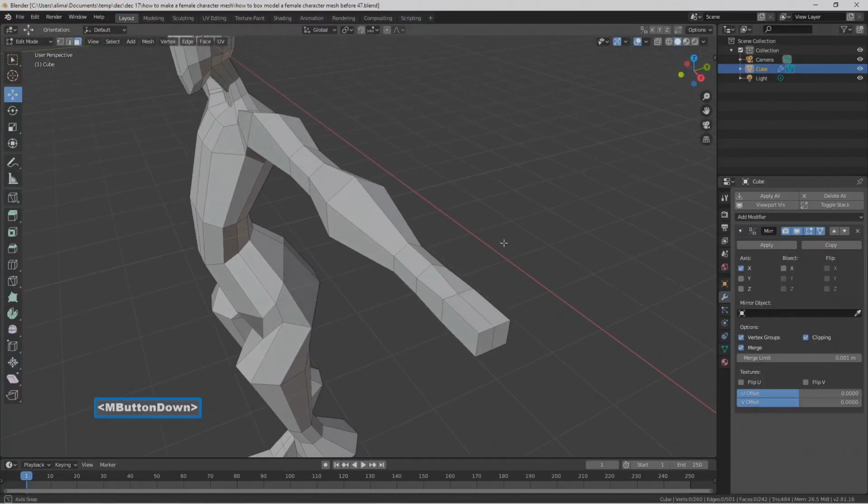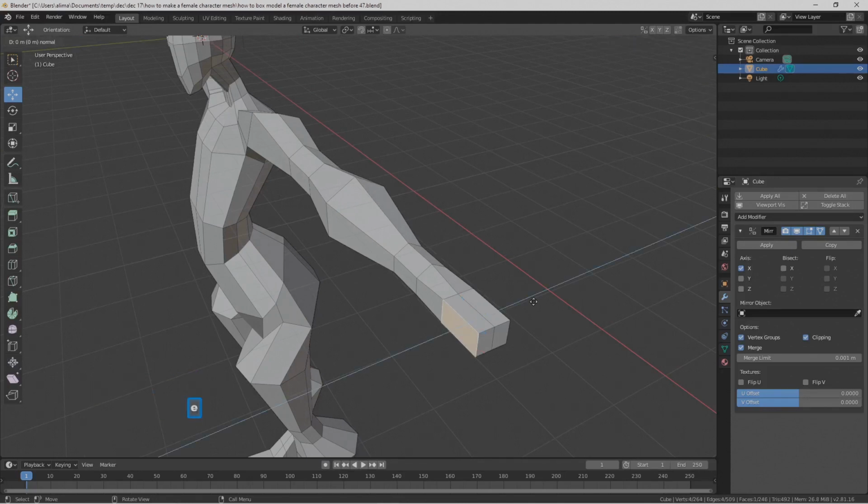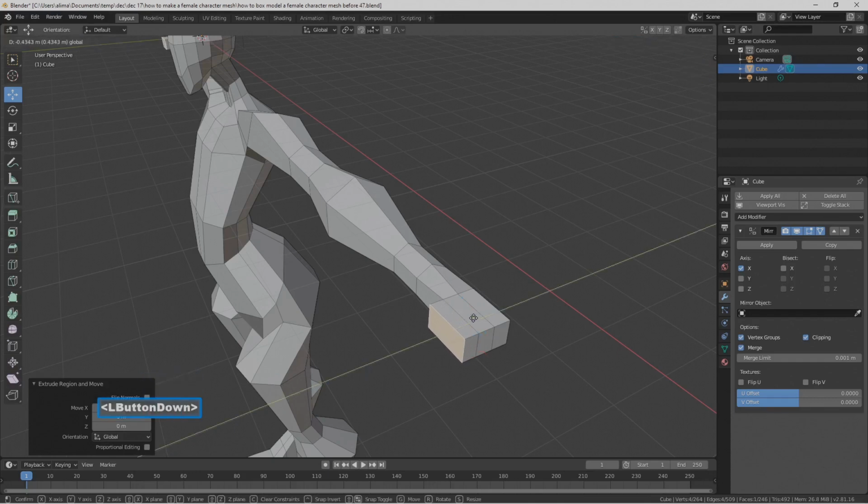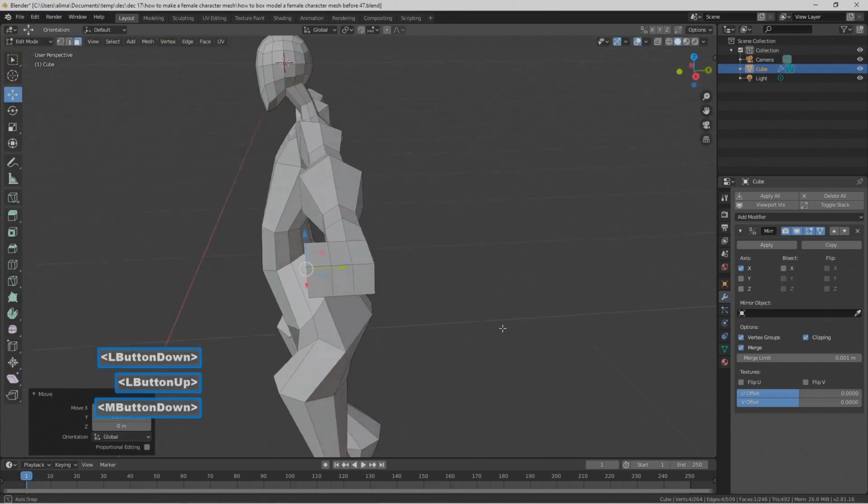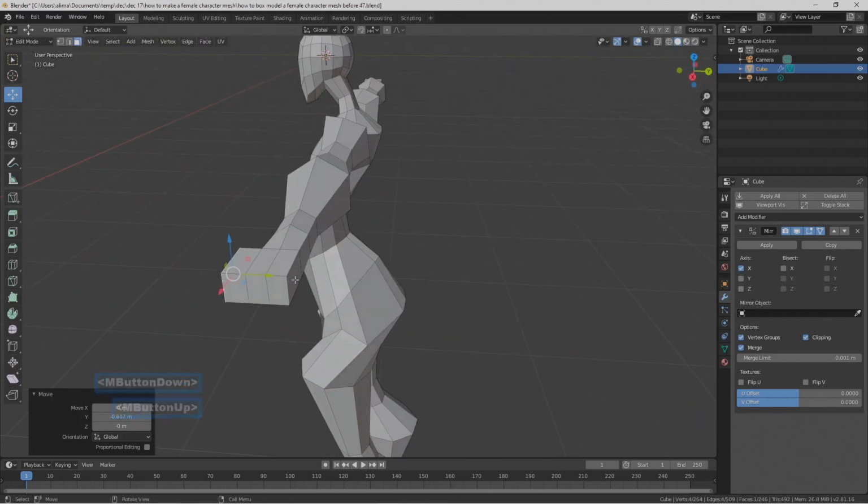Okay, I'm going to hold the middle mouse button to rotate the view. We're going to select this face here. We're going to press E to extrude, right click. We're pushing this out. And basically what we're setting up here is for our fingers to be able to come